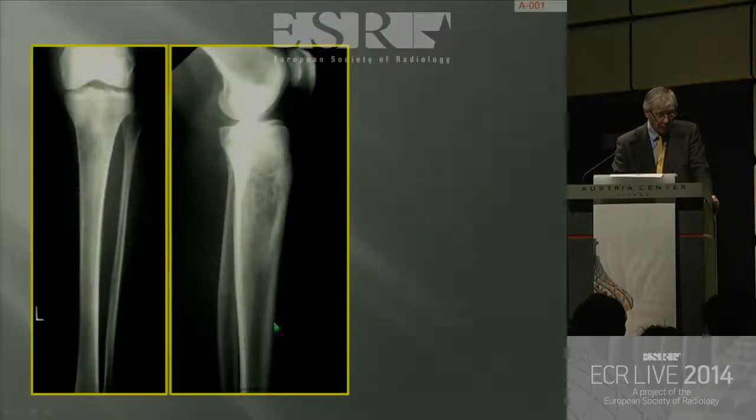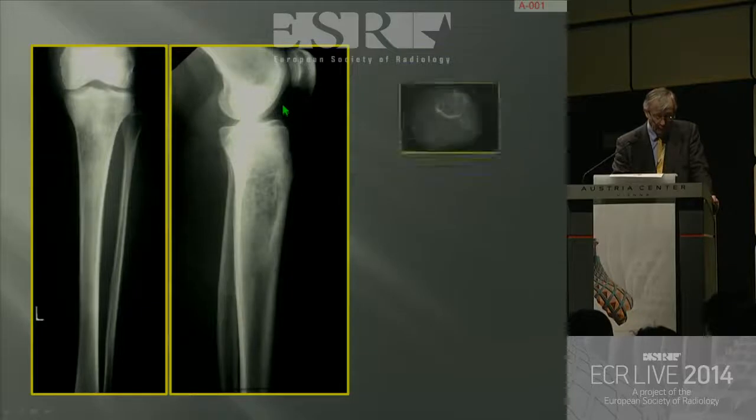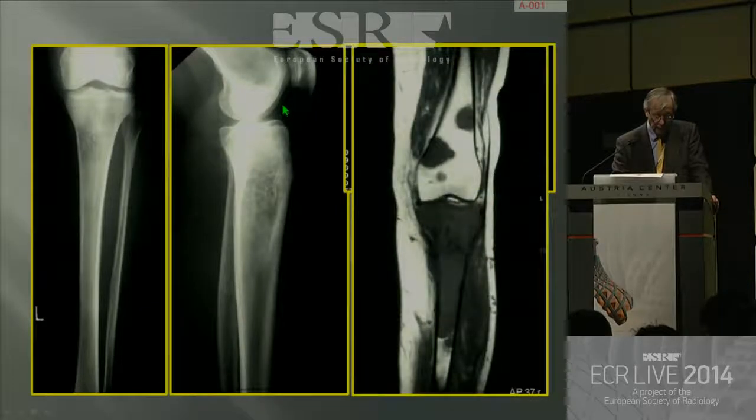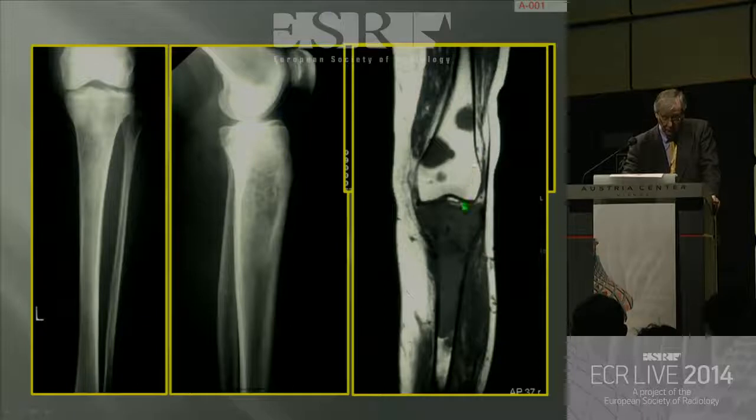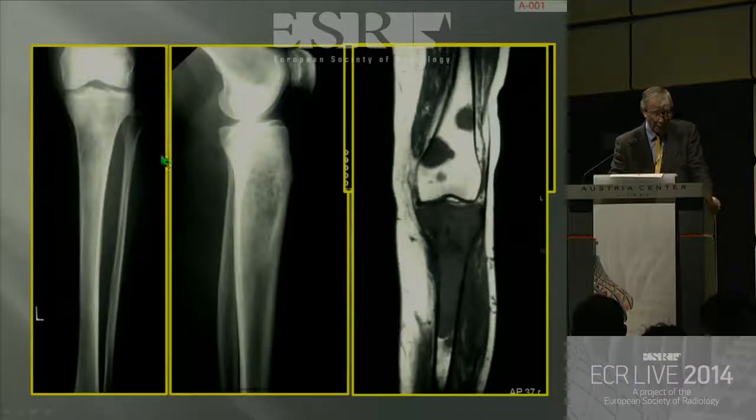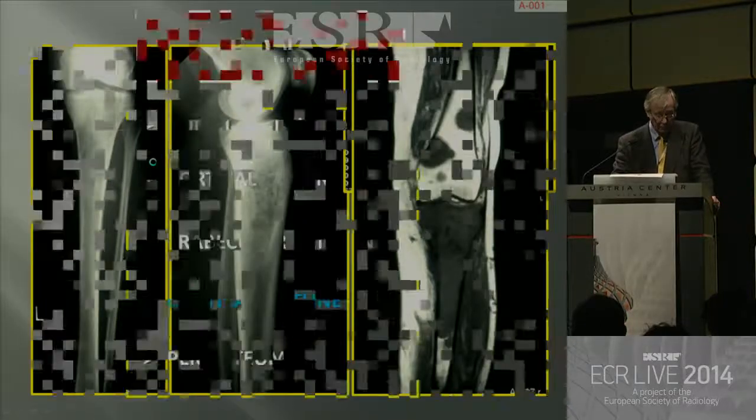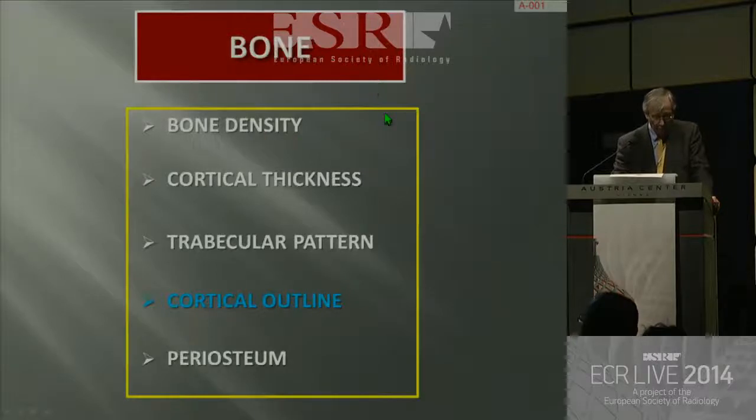And here is another example of a patient who has all sorts of little permeative changes, a bit of sclerosis, and you can see the lesion on the CT, but the MR also shows you the skip lesions, this is actually metastatic disease from melanoma. But the MR is very helpful in these cases because it shows up the marrow so beautifully and shows up metastatic disease very carefully. So if we go now to the cortical outline,